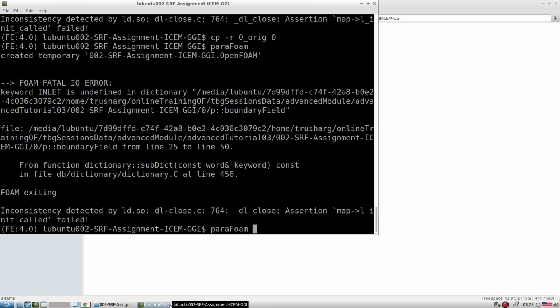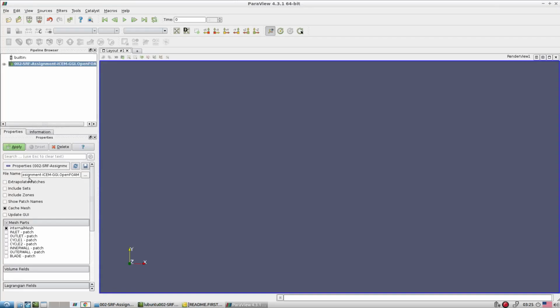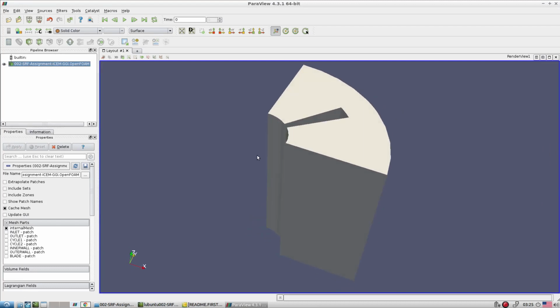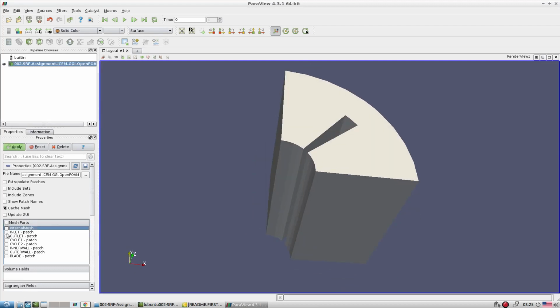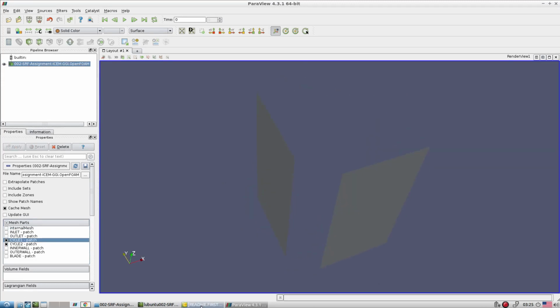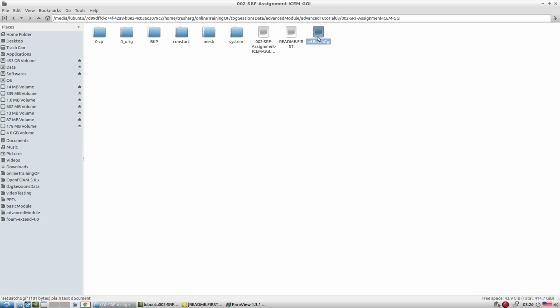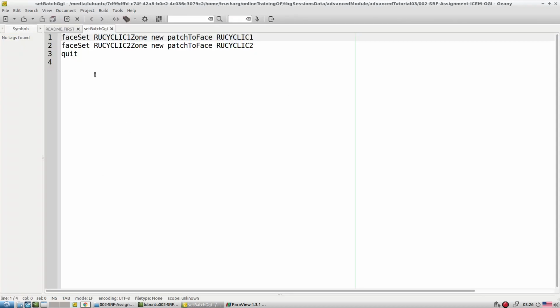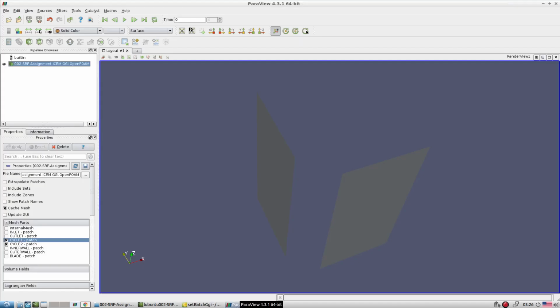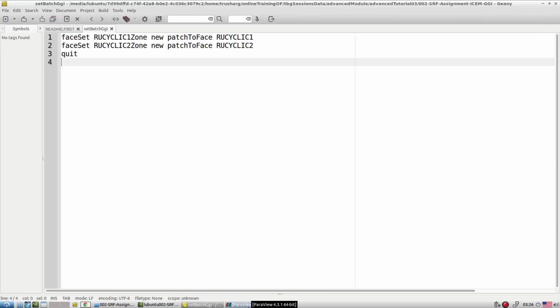Just look at ParaFoam. We have a cyclic patch, and with that cyclic patch we want to use this batch file, which allows us to create certain zones. In the previous case this was the name of the cyclic, but now our cyclic names have changed: cyclic 1 and cyclic 2.